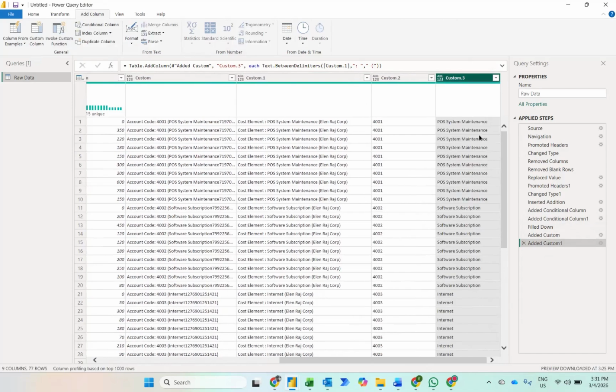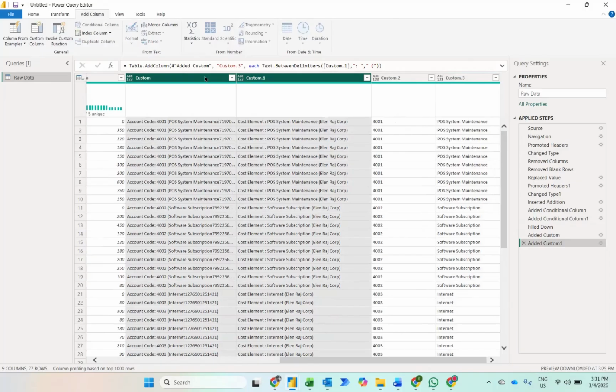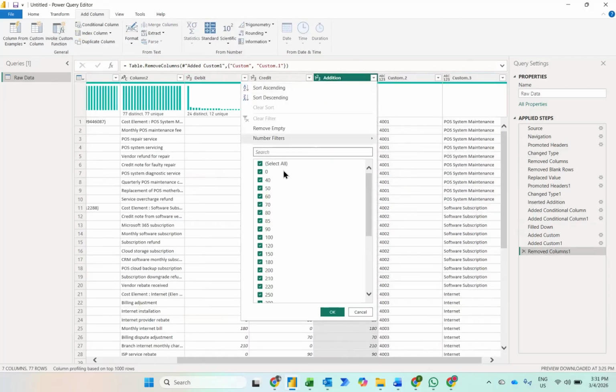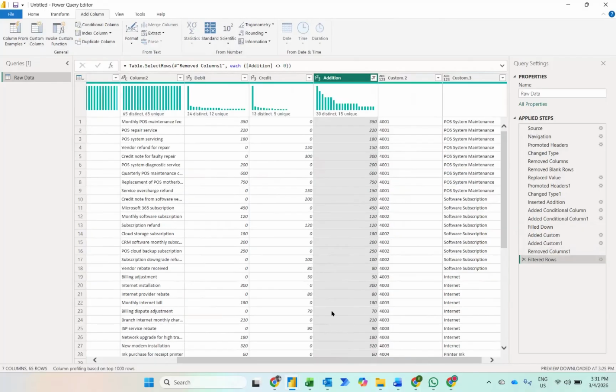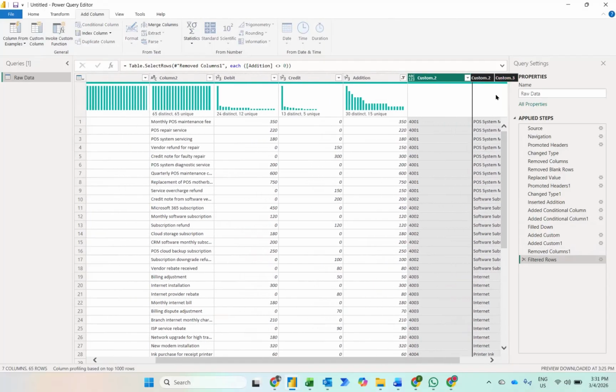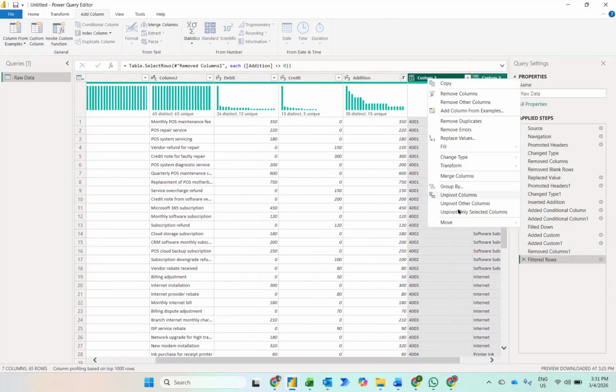So apparently what happened, now we do have this account code and cost element. So this column is not necessary. You can actually remove this, and I don't want the 0, so I can just click this and unselect the 0, and then I press OK. So apparently what happened is we do have this data. So this addition, we have cleaned the data. These two columns I can actually move at the front, or you can also right click, move to beginning,